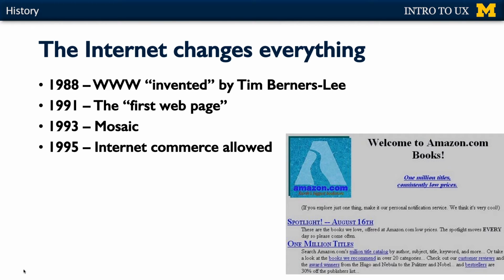A huge milestone occurred in 1995 when the National Science Foundation, who was in charge of administering and governing the internet, changed a rule to allow internet commerce to go forward. And very shortly after that, Amazon.com released one of the first major online stores that had a big impact. And you can see on this slide the original version of Amazon. It looks pretty different now. But that opened the floodgates to